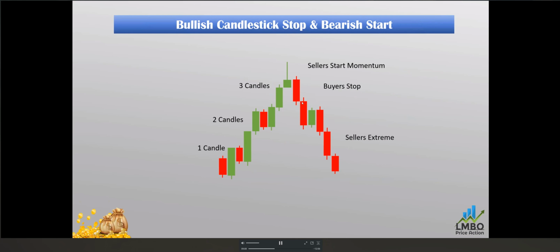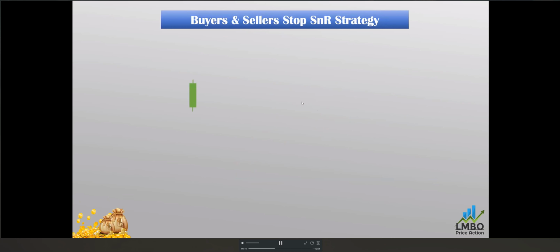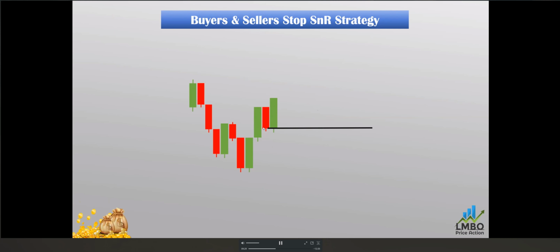And on the next slide, you just look here, the sellers are in momentum. The 3 candlesticks of the sellers are in momentum. Then the 2 candlestick shows the sellers are slowing down. The momentum is slowing down. And the 1 candlestick shows the momentum is stopped. The first time the momentum is stopped, we will draw a line here, a line of support. This is called the seller stop support. This stop support is a signal to trade. Next time when the price comes back and closes above the level, the next candlestick will be a reverse.